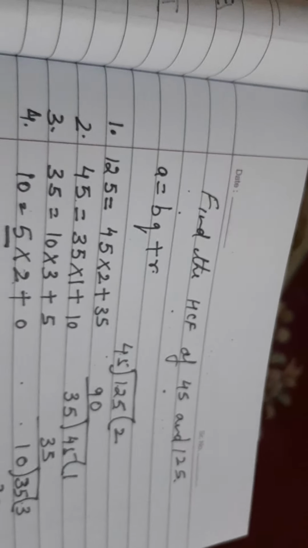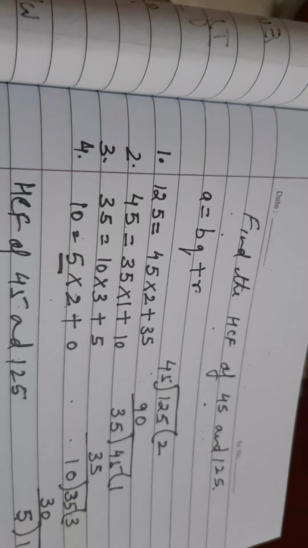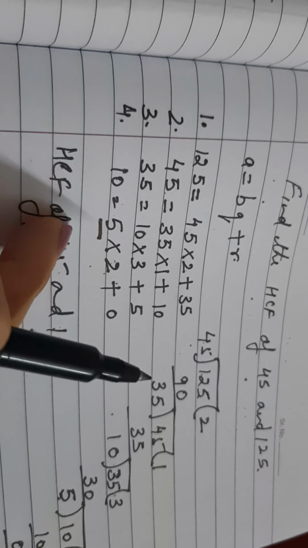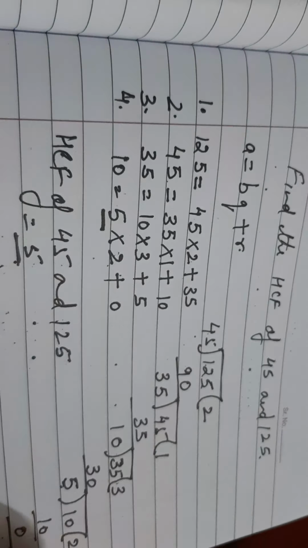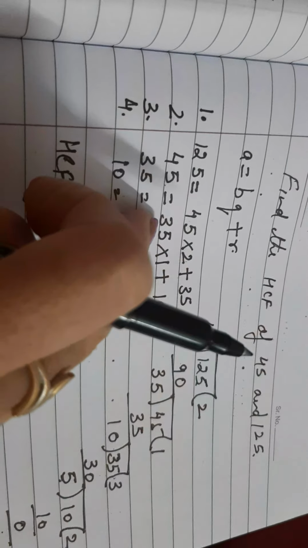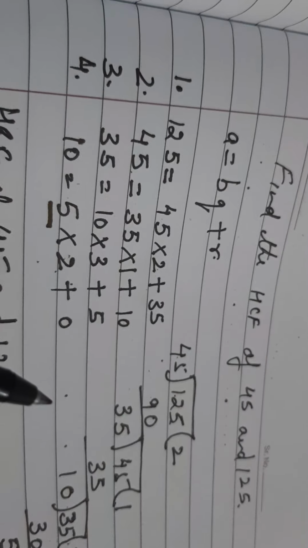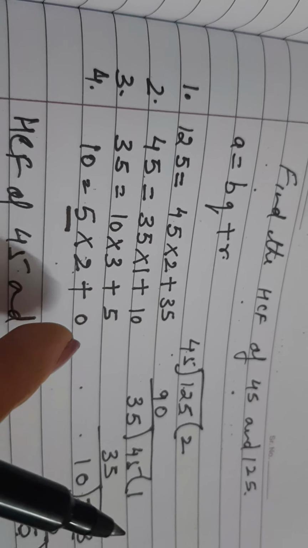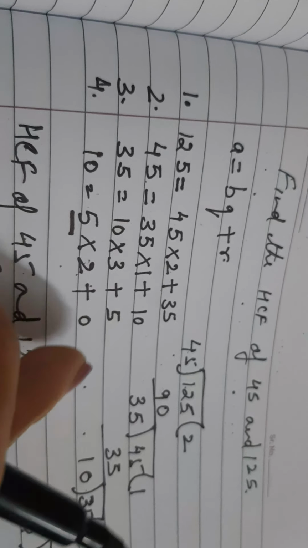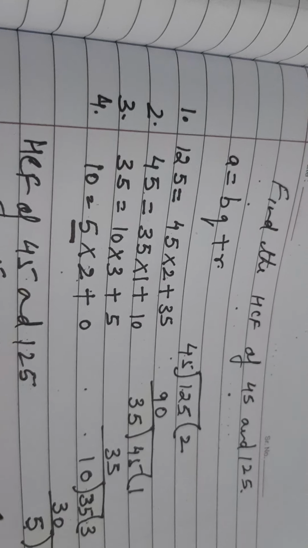Clear? This is said to be Euclid's division lemma, and I'm going to give you some questions to find out the HCF by this method. So what you have to do, first you have to do with the long division method like this to find out the HCF, and then you can change it into the steps. When you do 2-3 questions by this, then you can directly solve it by this method. Clear? But right now you have to solve whatever questions I'm going to give with both the methods. First show this and then change it into steps and then write the HCF. Clear?